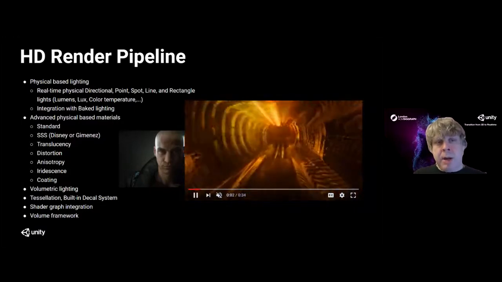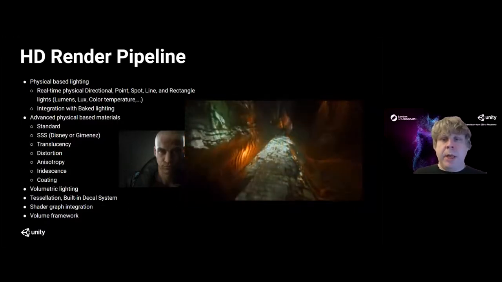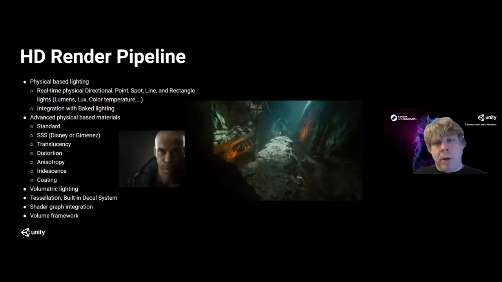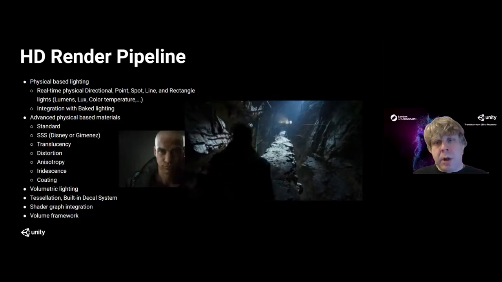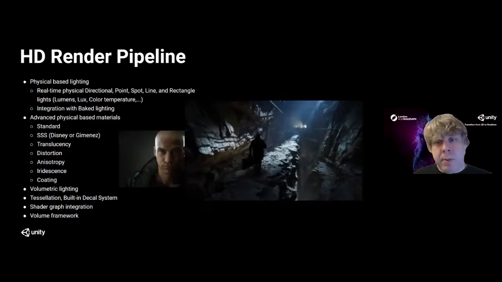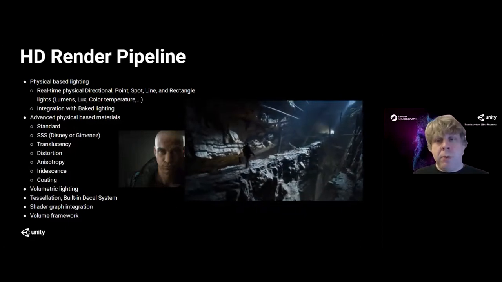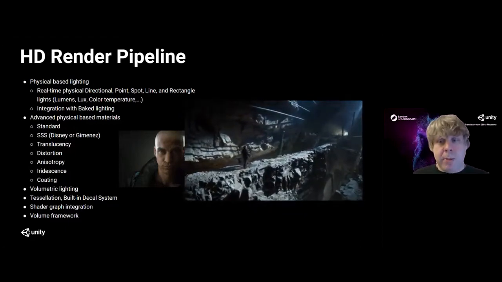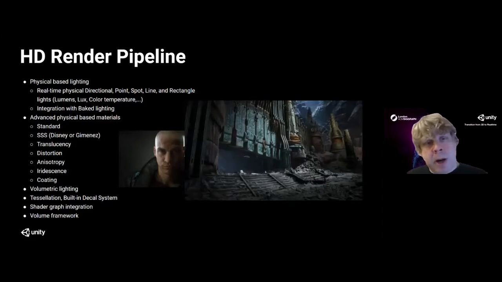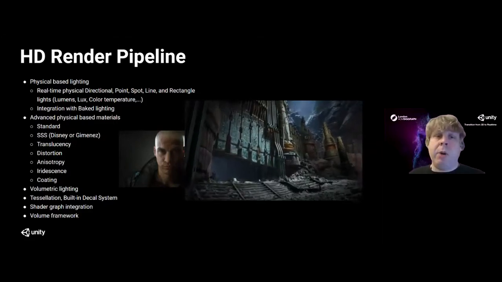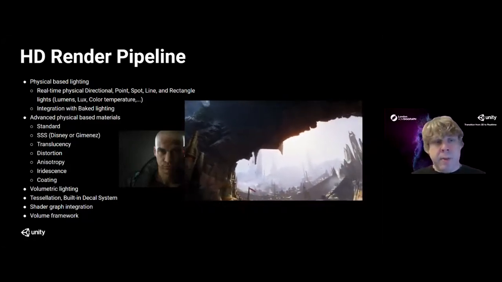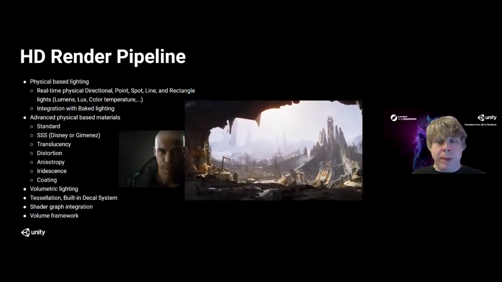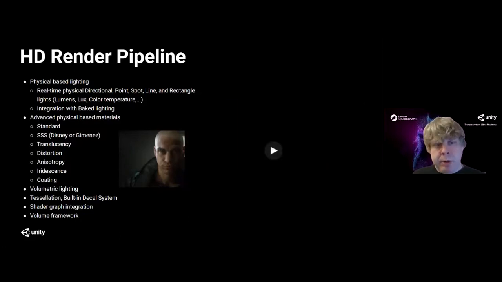Here I put our HD Render Pipeline, or as we call it HDRP, and this is our high-end renderer. Our renderer is actually scriptable, so you don't need access to the source code of the core engine. We have what's called a Scriptable Render Pipeline. We put two of them online. One of them is called Universal Render Pipeline, and that goes to all the platforms. But our HD Render Pipeline is the high-end one, and it requires a decent amount of GPU compute and something that can do compute shaders. But the cool thing about this is it's all physically based, and you can put real world light units: lux, lumens, color temperature, what Kelvin is it?